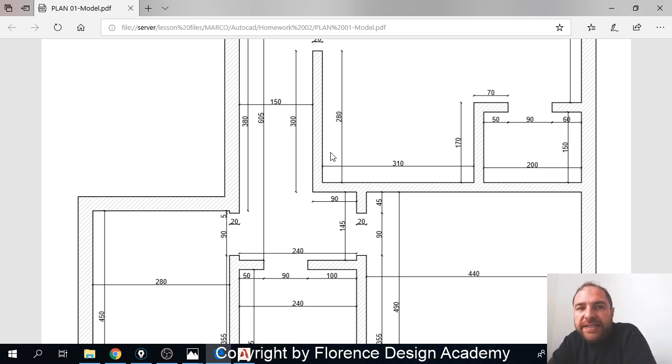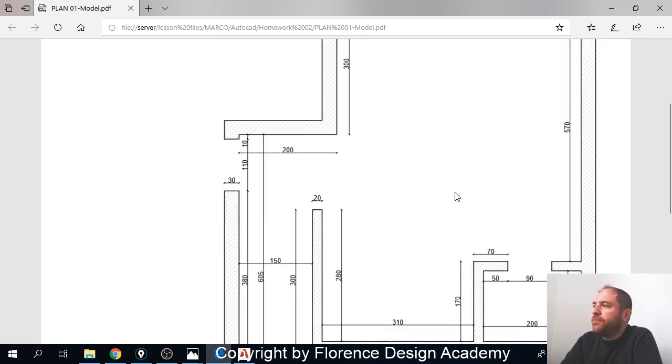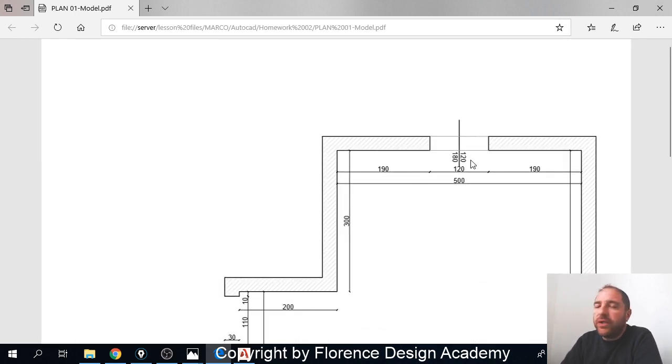Take care, inside that folder there is also the homework for industrial students. That is about, if I remember, a bicycle or something like this, so don't use that one. The one for industrial students is called Plan 001 PDF, and this is also the exact drawing that you have to